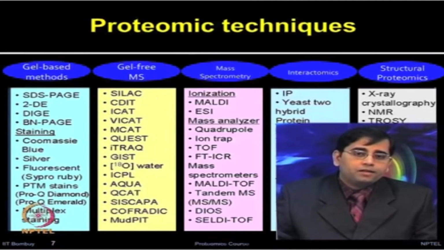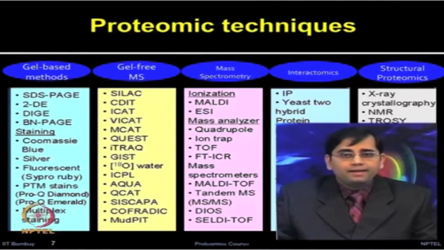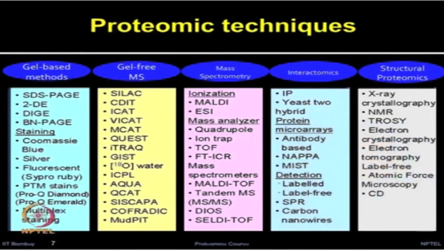The gel free methods, especially on the mass spectrometry side, include SILAC, which is stable isotope labeling by amino acids in cell culture, CDIT, culture derived isotope tags, ICAT, isotope coded affinity tagging, VICAT, visible isotope coded affinity tagging, MCAT, which is mass coded affinity tagging, and then QUEST, which is quantitation using enhanced signal tags, iTRAQ, isobaric tagging for relative and absolute quantitation, GIST, global internal standard technology, ICPL, isotope coded protein labeling, AQUA, absolute quantitation, CISCAPA, stable isotope